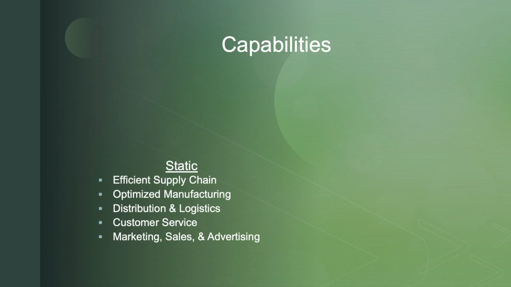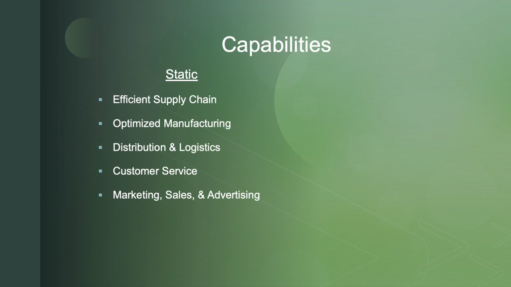So that's resources. What are capabilities? If resources are things that we have, capabilities are things that we do. And I'm going to break these down into 2 different types of capabilities: static capabilities and dynamic capabilities. Static capabilities, these are capabilities that will provide us some advantage in any sort of industry condition that we might happen to be in, whether the industry is in upheaval and turmoil, or whether it's relatively